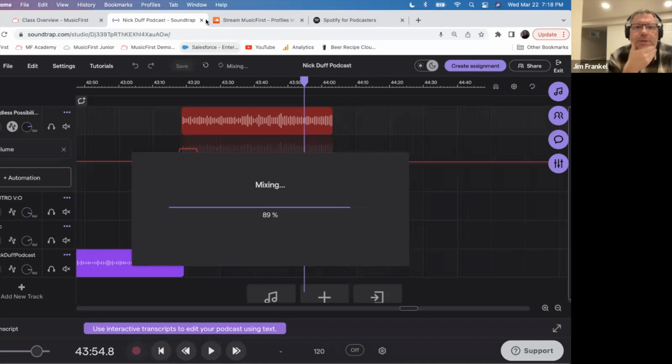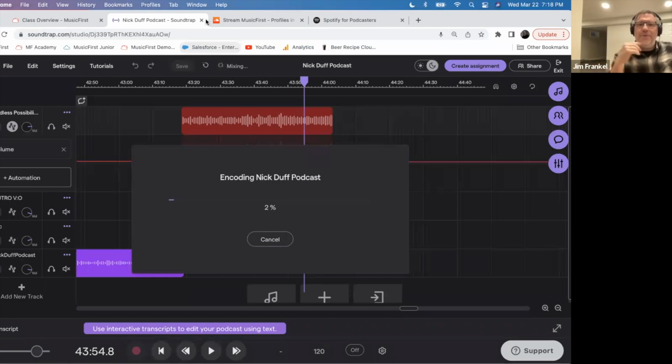All right, so we're getting close to being finished mixing. And really all it's doing is converting the file to an audio file, and now it's mastering. This should take relatively little bit of time, less time than mixing. Their version of mastering, by the way, is basically what's known in the world of audio as normalizing. So it's making all of the audio about the same volume throughout. It's just going to be what's called a normalized recording.